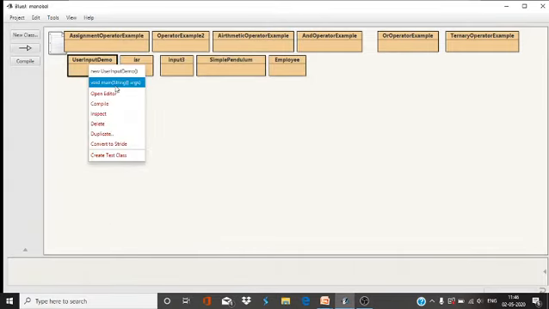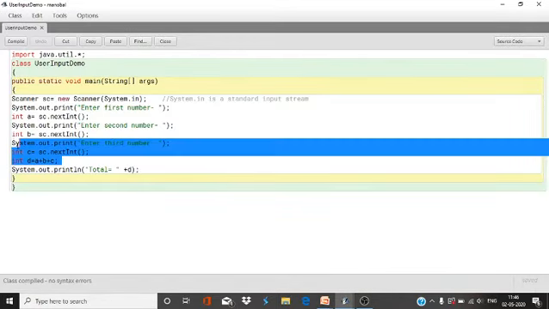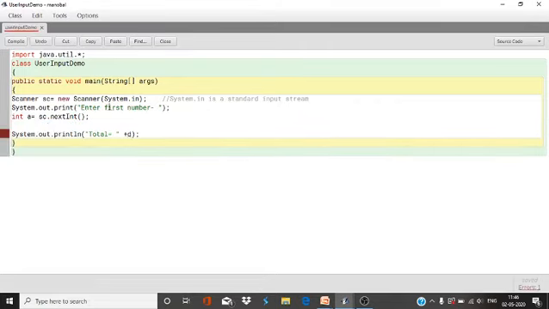Now suppose you have to accept the name of a person, so you have to remove this. Now I'm talking about the string value. Okay, how to take the string value? So print enter your name. For that, which type of data type is required? String data type. String name, any variable name you can give here. So String name equal to sc.next, or nextLine. next is for one word, and for the whole current line you can give nextLine.